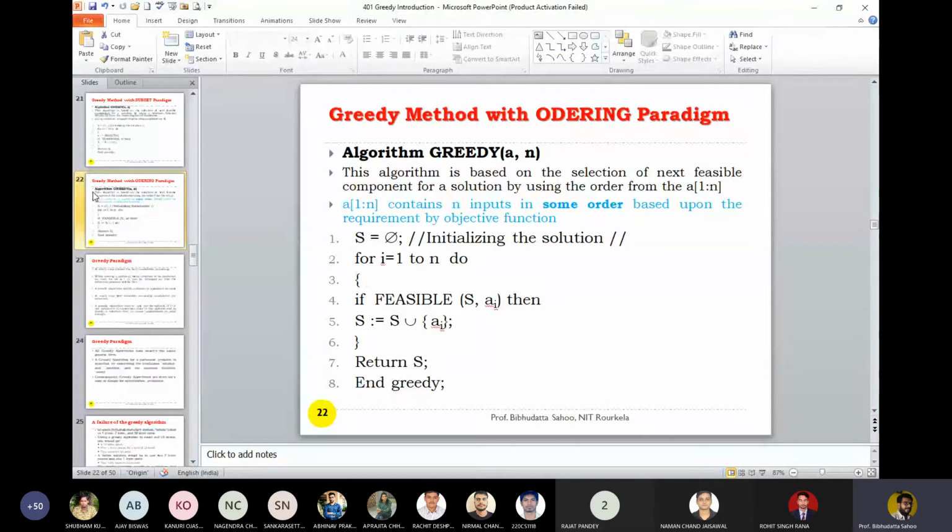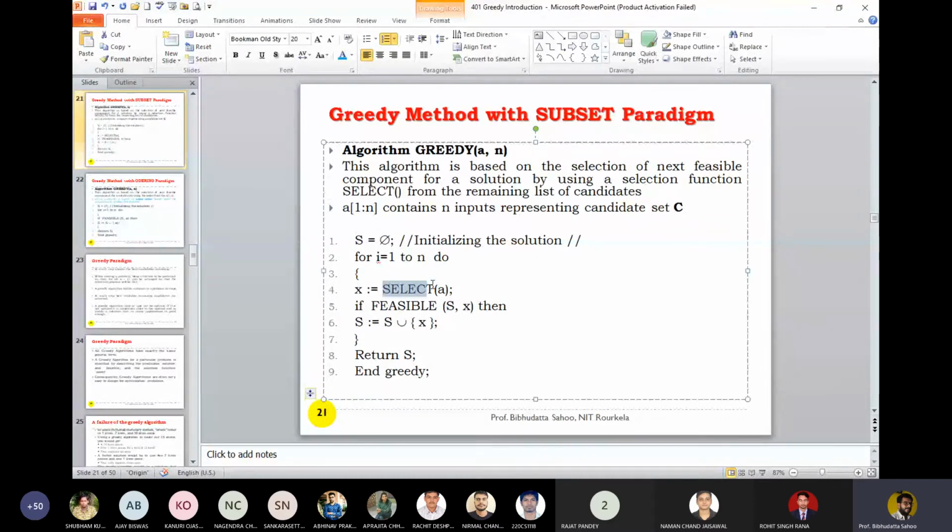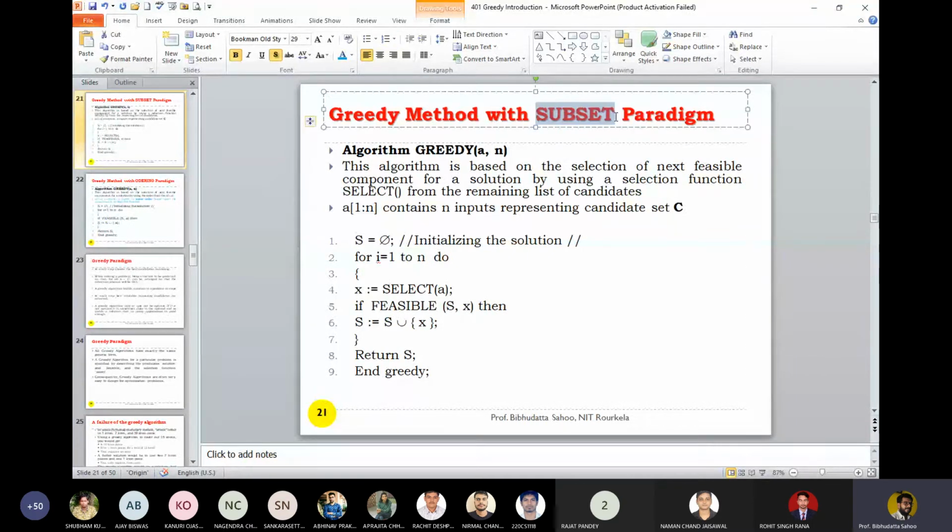Go back to this algorithm. How do you select? This select function will decide how you will select. But you have not arranged them in order. Your selection is from a set. It may be random. It may be always the first element, something like that. First you select A1, remove it, then select A2, then select A3. You are going from the set. So then it has to select all the edges. You may be taking more time. Then you can imagine how to write two spanning tree algorithms. One is using the subset paradigm, the other using the ordering paradigm.